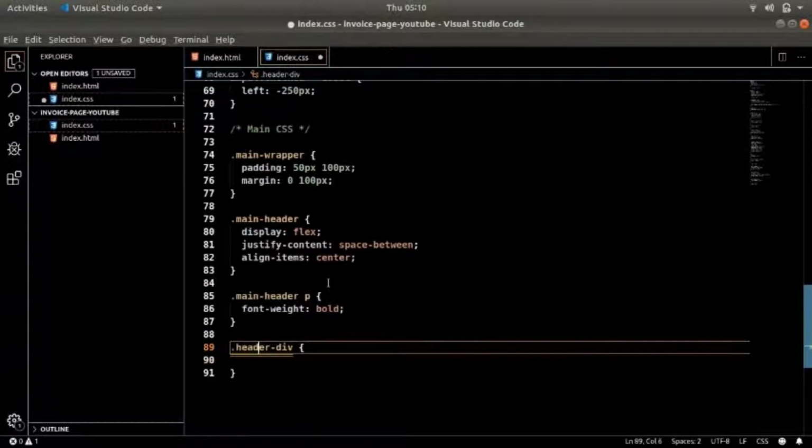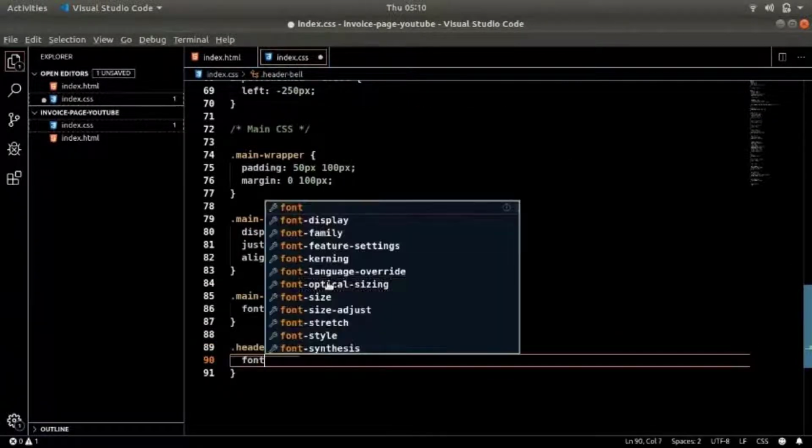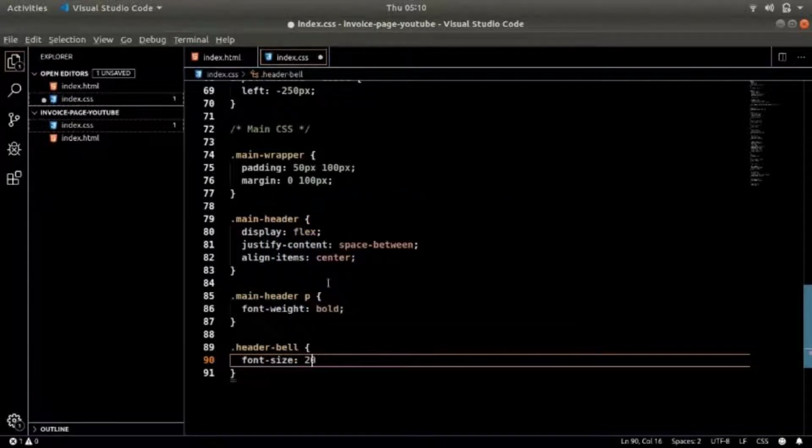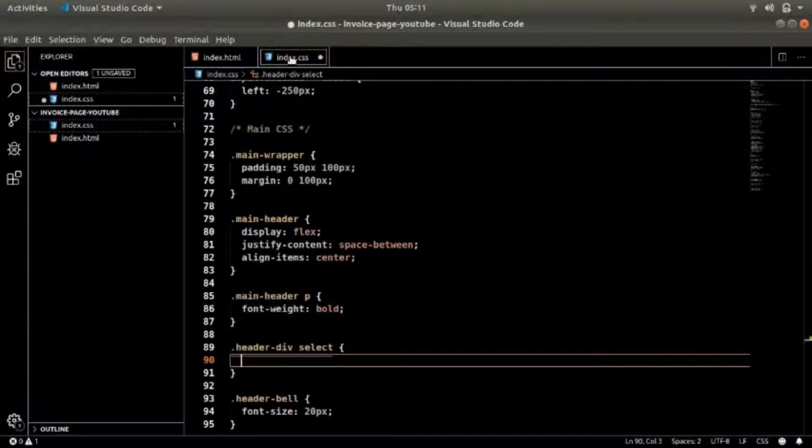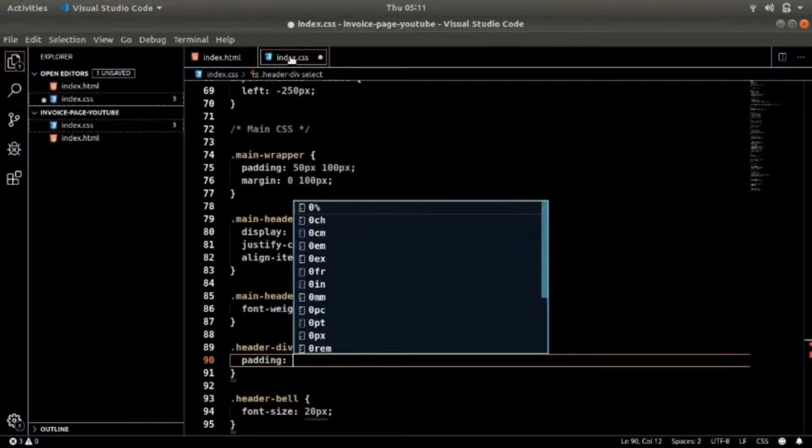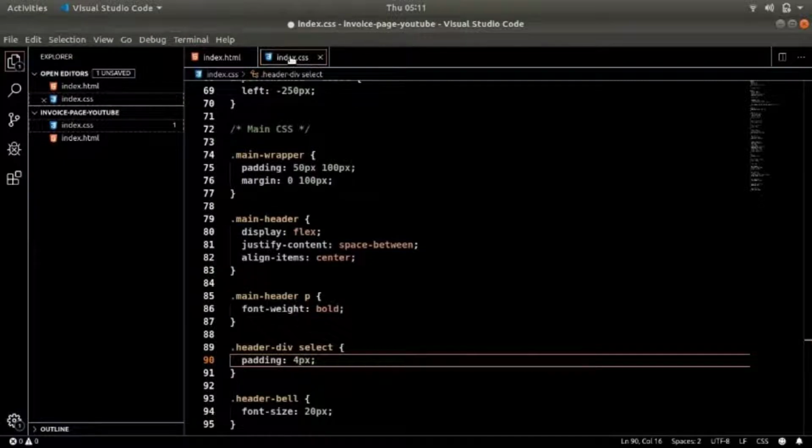So I can just directly go like header bell, and I can go like font size 20 pixel. What we have is padding for 4 pixel. Okay, cool. Now let's take a look at it. Okay, that's nice.